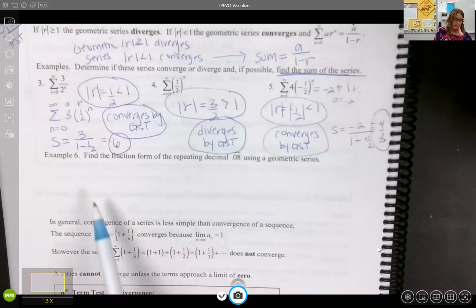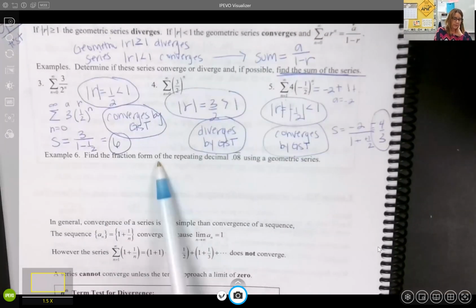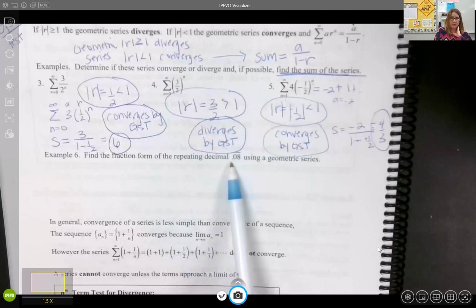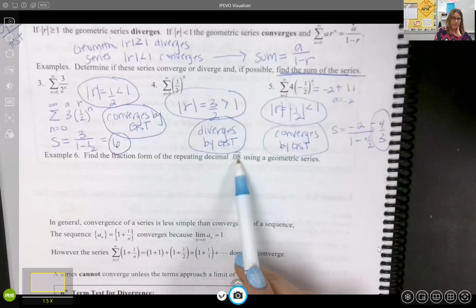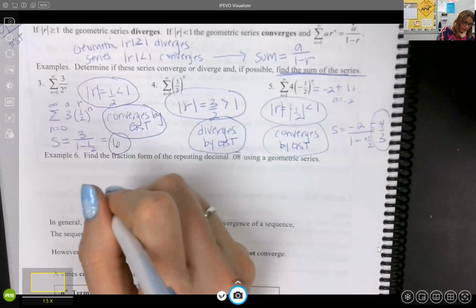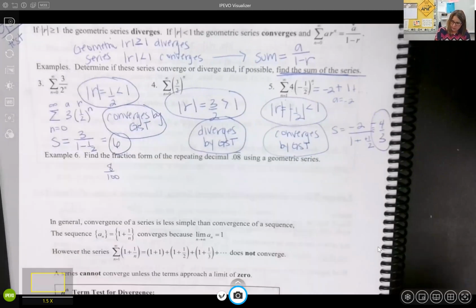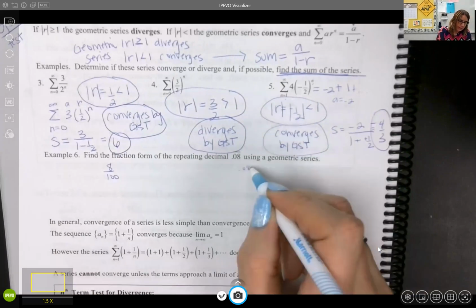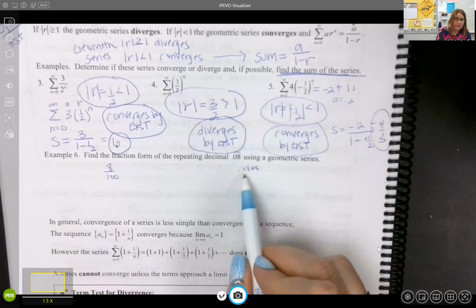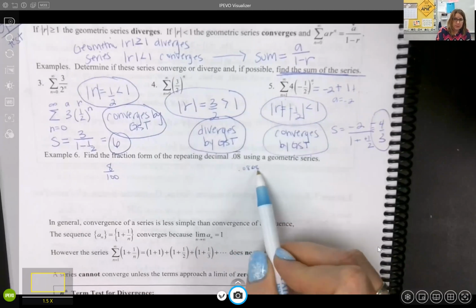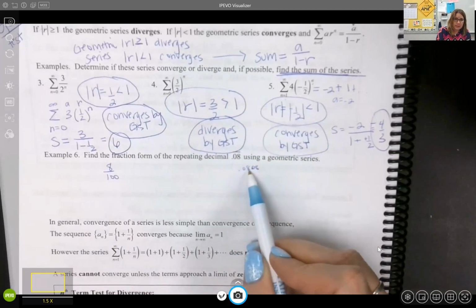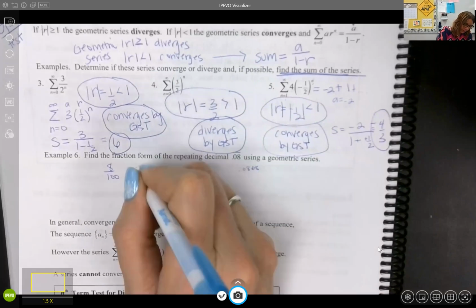So this says find the fraction form of the repeating decimal 0.08. If I think about this, 0.08, this is the tens place, this is the hundredths place. So this is 8 over 100. And then if I did it again, I would have 0.0808, and that would be the 10,000ths place, because it goes tens, hundreds, thousands, 10,000. So this would be 8 over